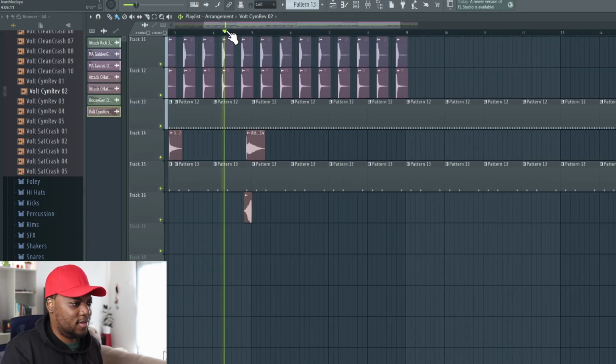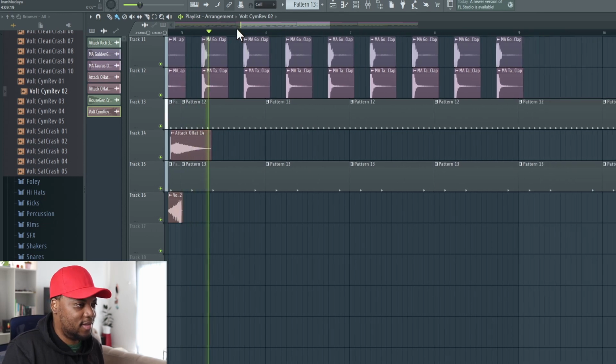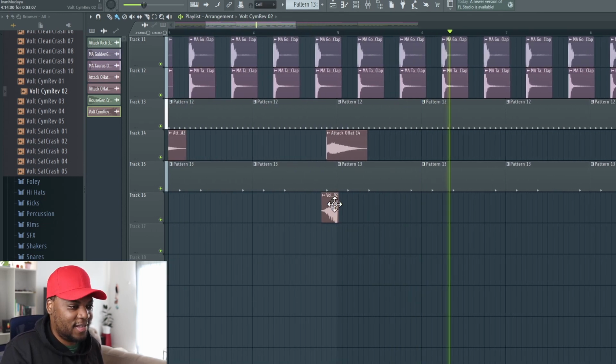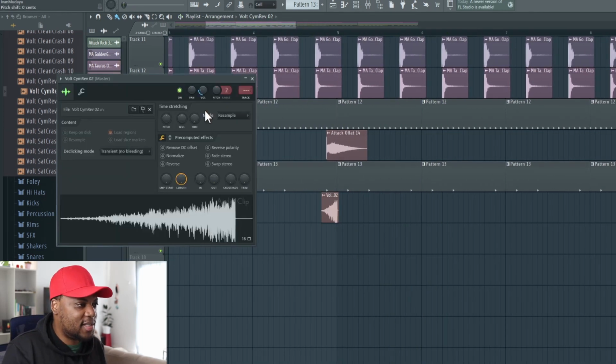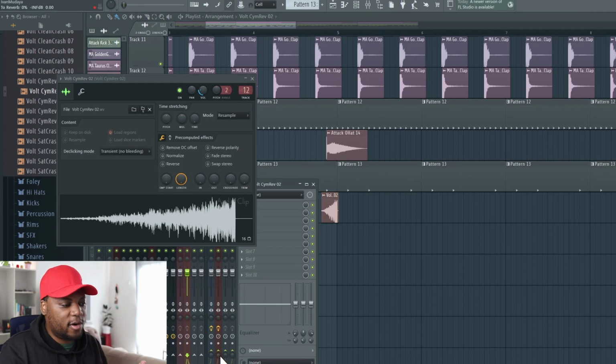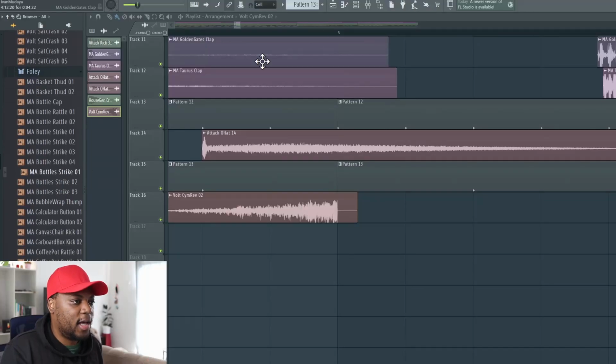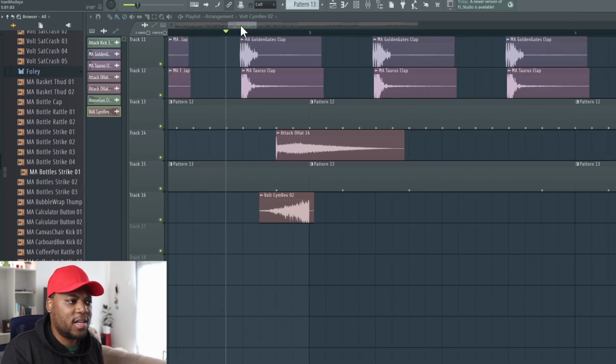What I like to do with these kinds of sounds is add a little bit of reverb because they kind of cut abruptly. If you add a little bit of reverb, they have a little bit of a tail so that they smooth out. And you can even go into Foley and pick out random sounds that you can just throw in,